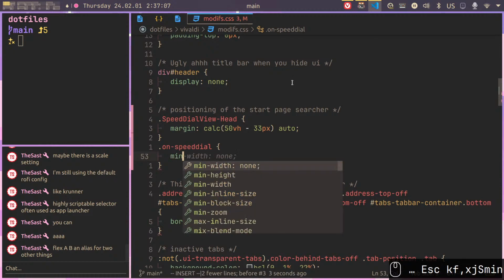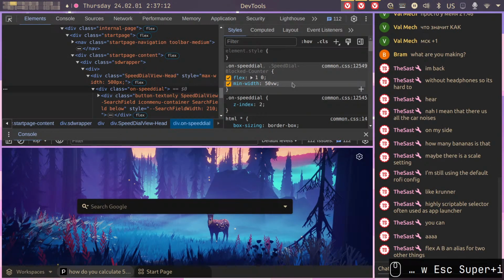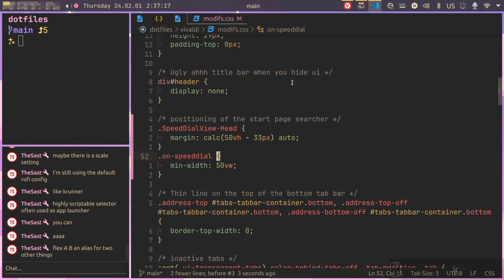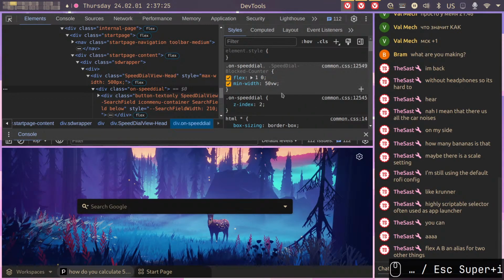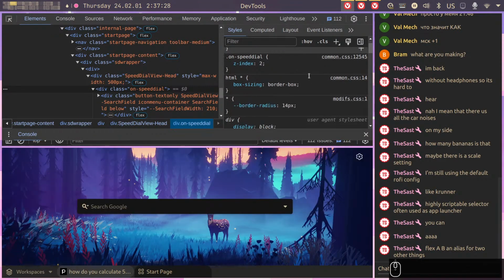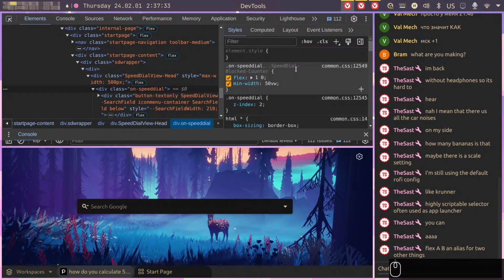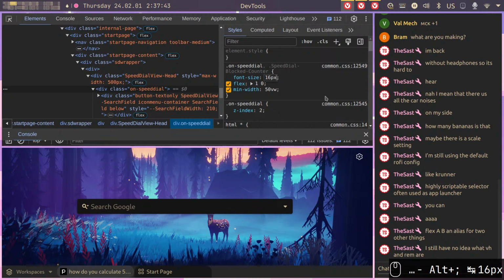And on speed dial, minimum width is 50 view width. Yes. Start page searcher. Good. So now essentially, somewhere in here, actually, why would I bother? Just add font size as, I don't know, 16. It works,